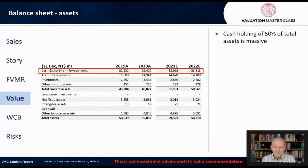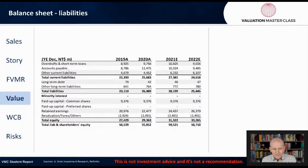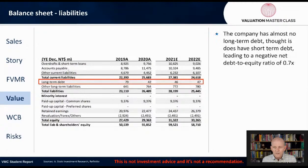so what? The cash holding of the company is 50%, actually even more than 50%. So it's massive as a percent of total assets. And still, the company has no plans to use the cash for investments. In fact, we can see the net fixed assets is a tiny amount of their overall balance sheet structure on the asset side. So what about liabilities? Well, the company has almost no long-term debt, though it does have some short-term debt, leading to ultimately a negative net debt to equity of 0.17. When a company has a negative net debt to equity, that means that it's a net cash company, ultimately a